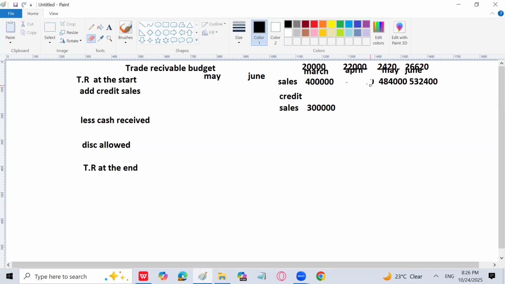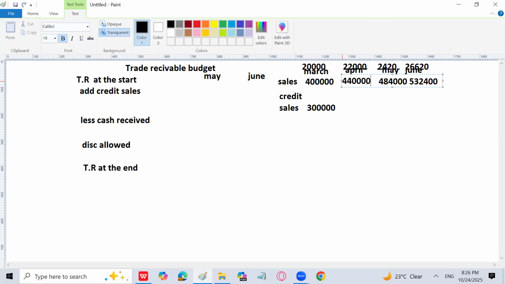This calculation has gone a little wrong. I am not using a calculator and you people are not telling me either. Now I'm just making it correct. It is 4,40,000, right? Because if you multiply it with 20, 2 2s are 4. So 4,40,000 is the sales of April, and 75% of this is going to be the credit sales, which becomes 3,30,000 for April. Then 4,84,000 is the sales for May, and 75% of 4,84,000 is going to be